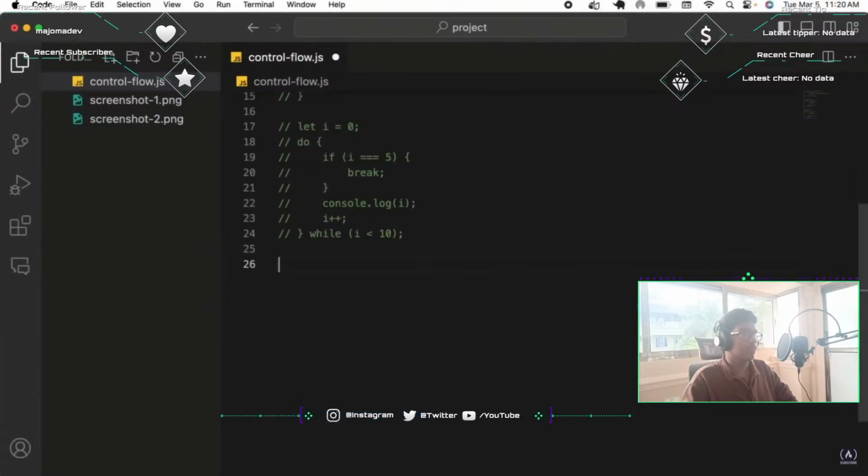So let's do our for in. The for in syntax is used with objects. So I can say const, and I'll just call this object, and I'll just specify it on one line. So we'll say the first key is a, and the value is 1. Then we'll say b, 2, and c, 3. And I'll just add a semicolon at the end here. Now I can do for let key